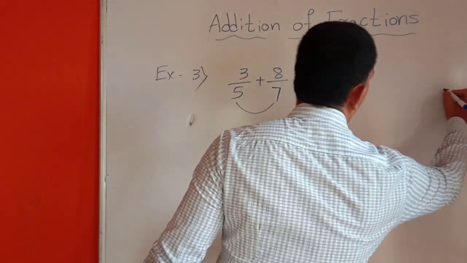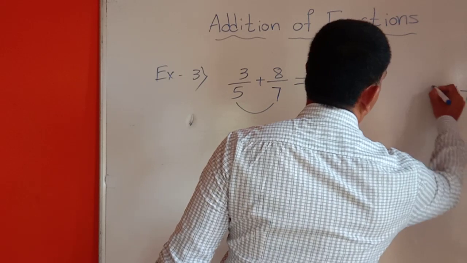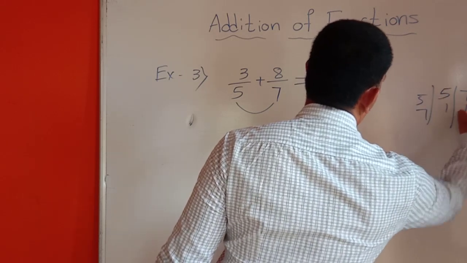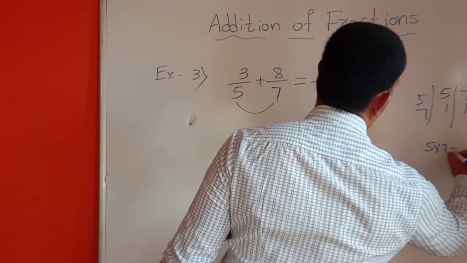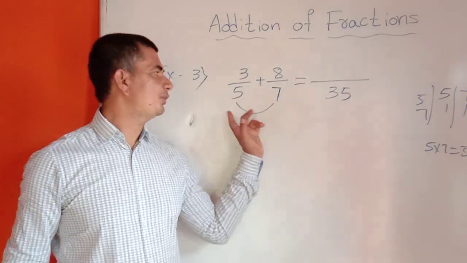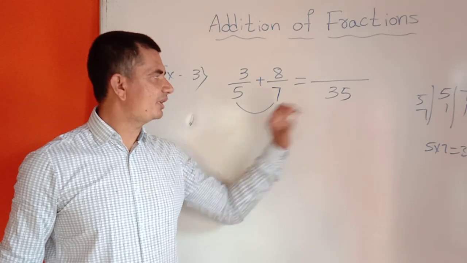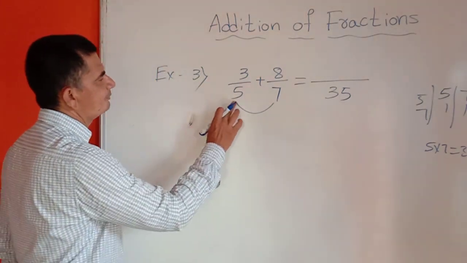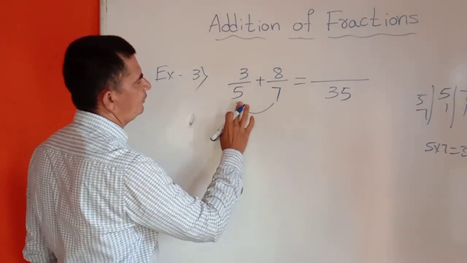Okay, you can check there. Here you can check by doing LCM. Here 5 ones are 5, 7 ones are 7. Again 5 7s are 35. So I have told you when the numbers are prime numbers, you can do directly. So we got here LCM 35. Now we have to equalize: 5 how much is 35? We have to check.